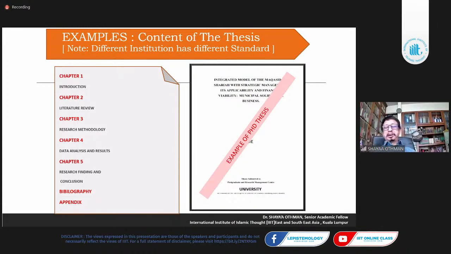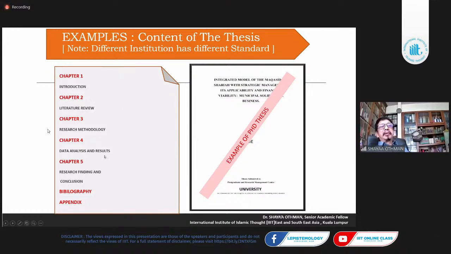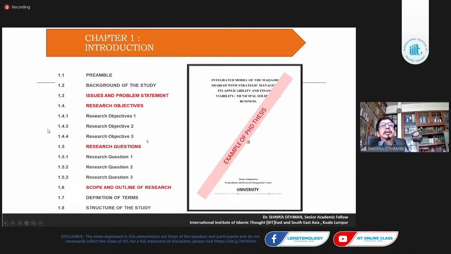If your thesis is bad, the supervisor might not be able to read or understand it, and they will say, okay, you had better do it again. Then you spoil all the time taken. For me, I look at substance, and literature is important, and so on. Okay, data analysis, as just now.